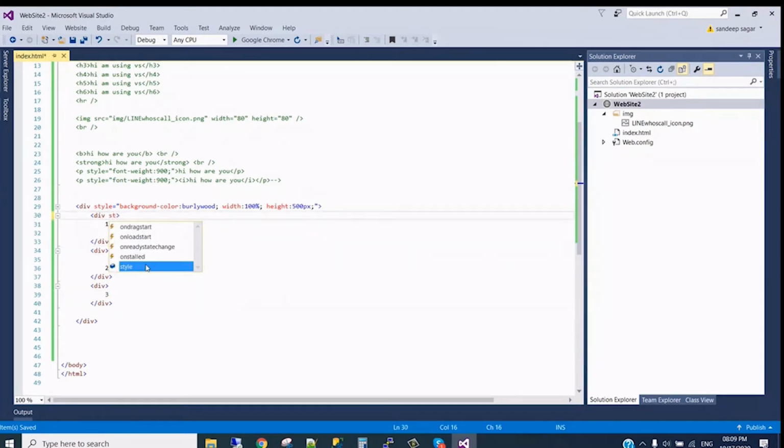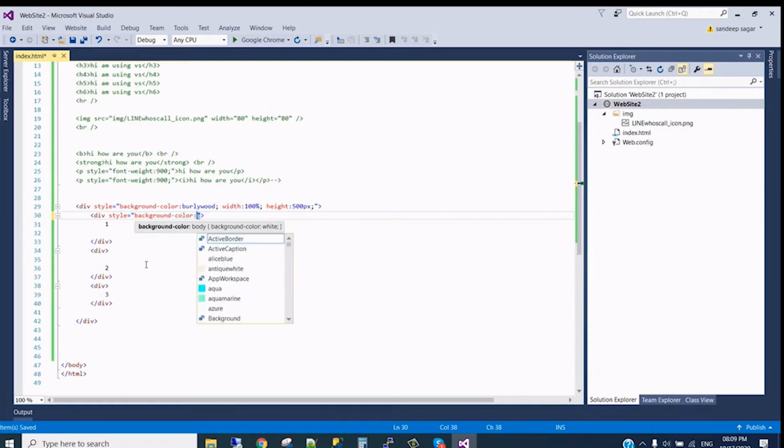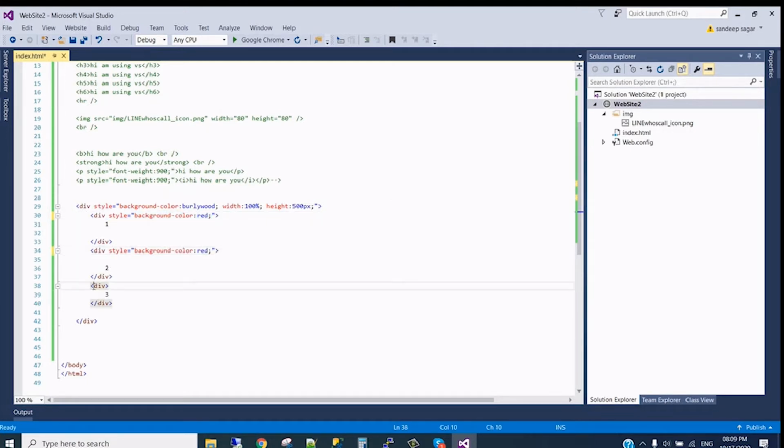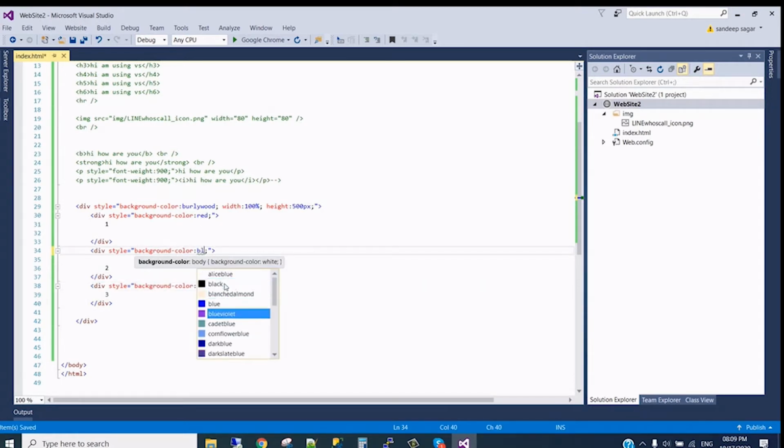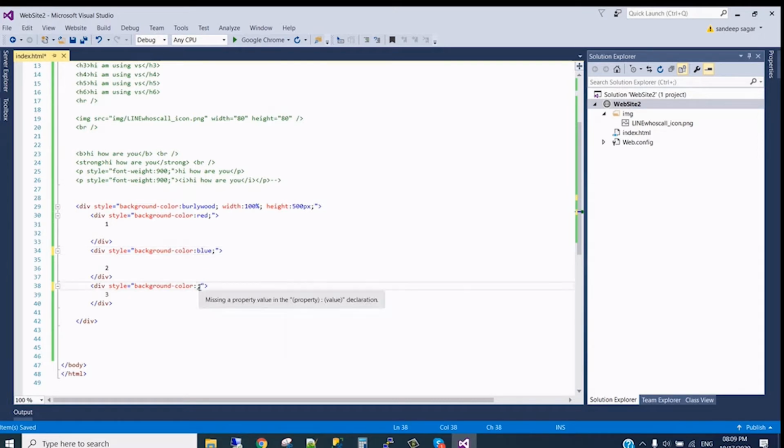So let me give them colors so that we can see how much each one took. For background color I take, for example, red, then something blue, and something black. Let me refresh it. It automatically took the full width.